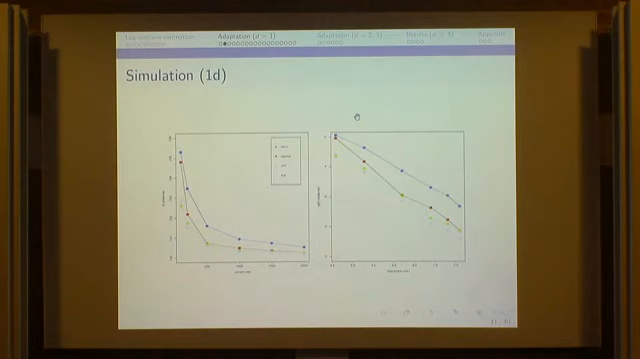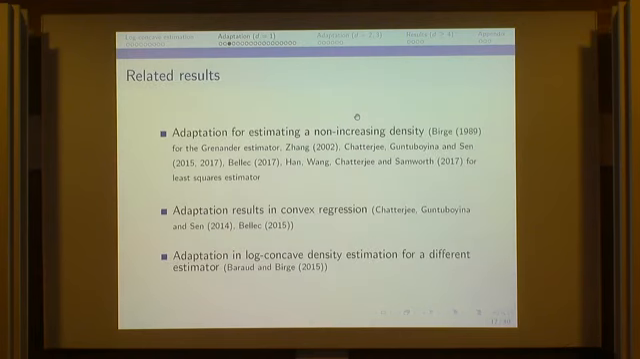So from the simulation, we have had some intuition and it seems okay, so we go on. But this type of adaptive property is quite a universal phenomenon in the shape constraint area. So for the non-increasing density,